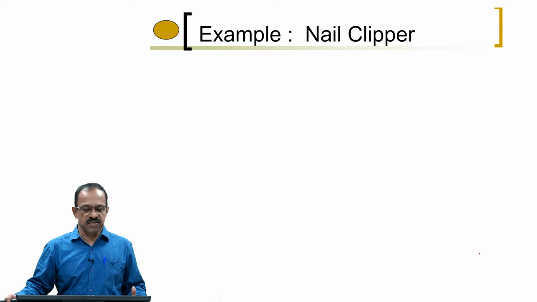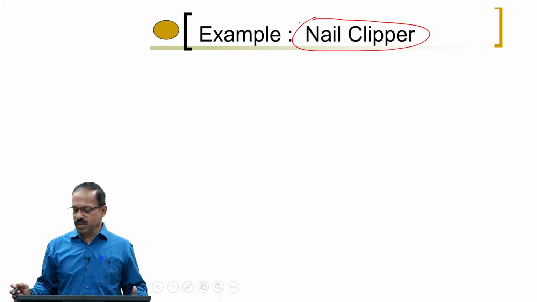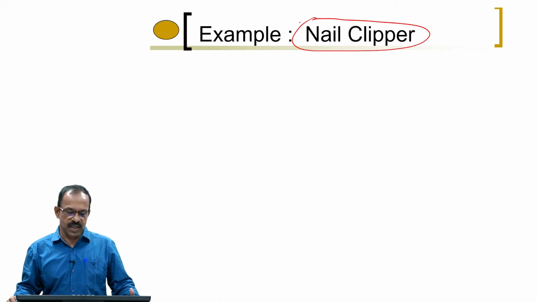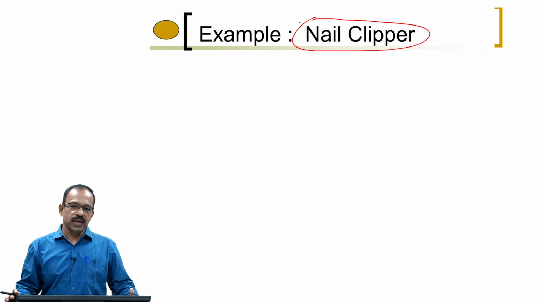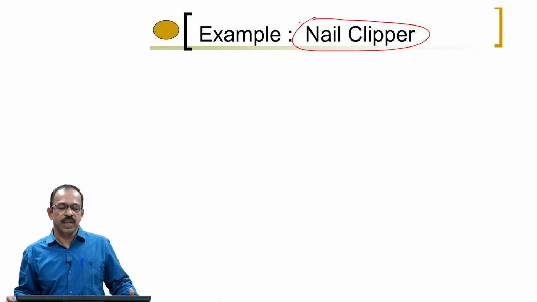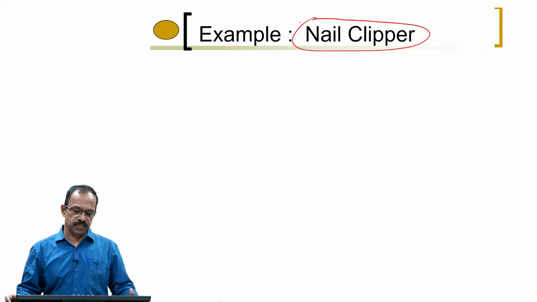Let us take this example of the nail clipper, which again is familiar to you. I have explained this a few times in the class for various other case studies. Let us look at the nail clipper and see how the customer requirement based decomposition can be done, so that the functions which need to be improved to meet that particular requirement can be identified, and the designer can decide to modify one or more sub functions to meet the specific requirement of the customer.